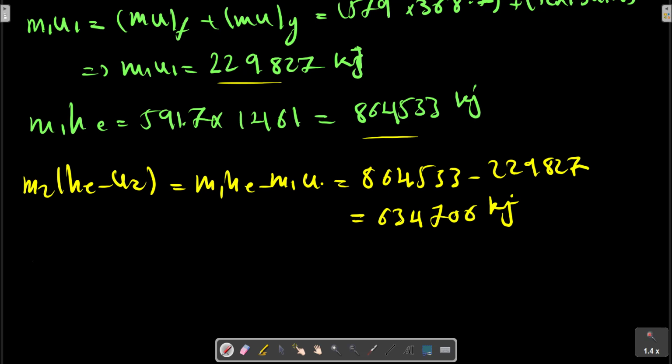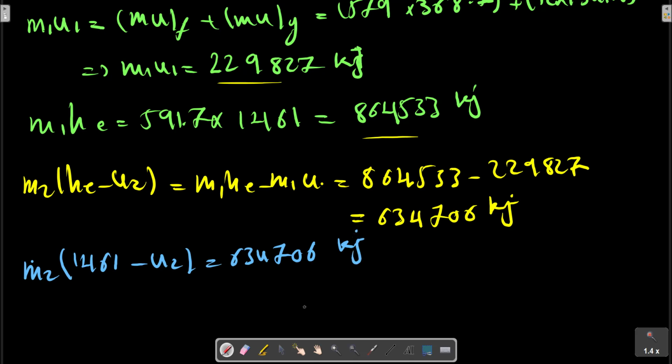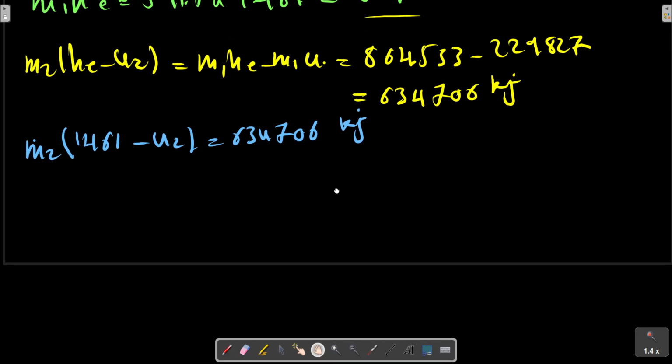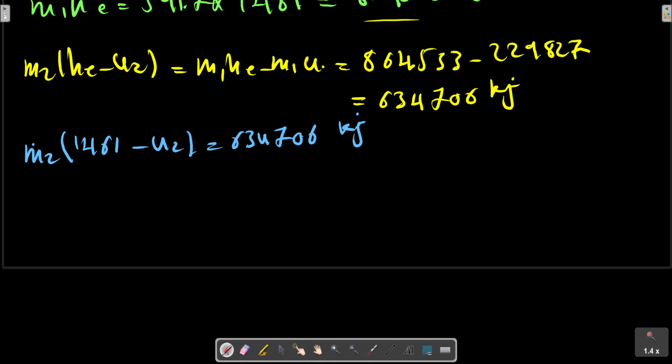So the function is m2 h_e is now and is 2 joules. So we have this relation for